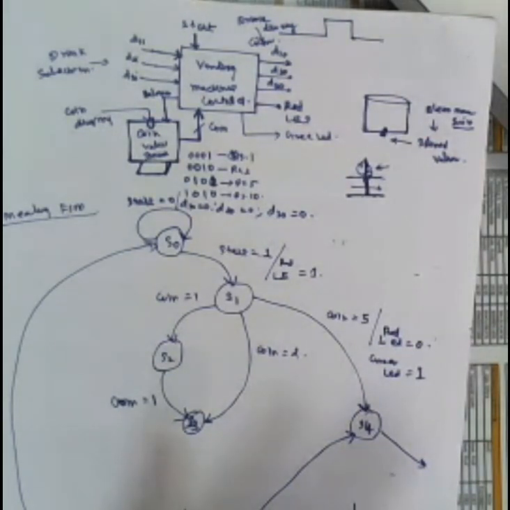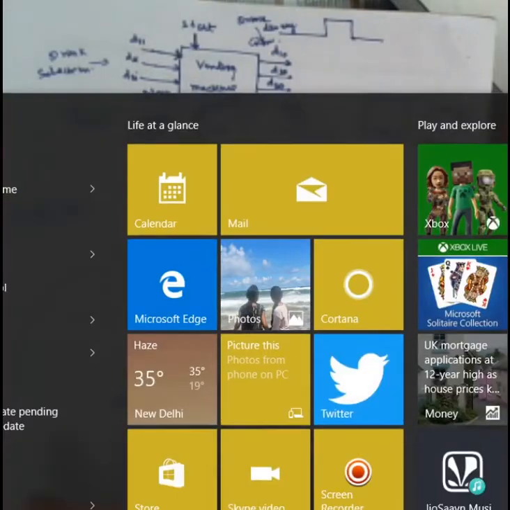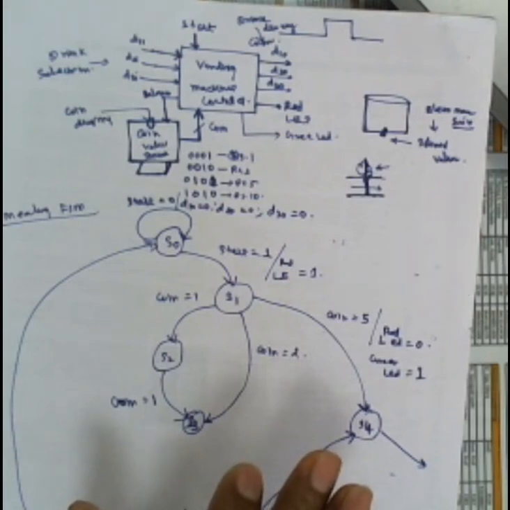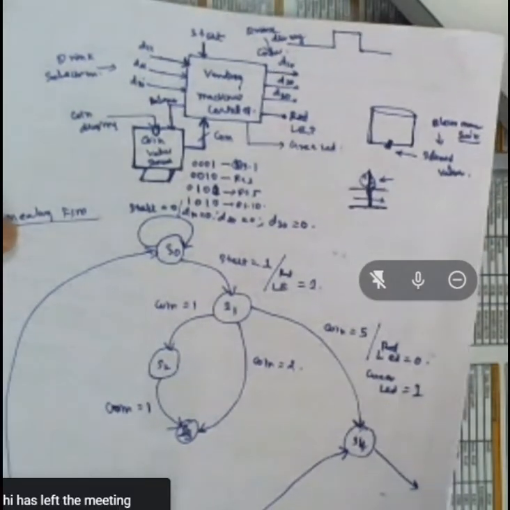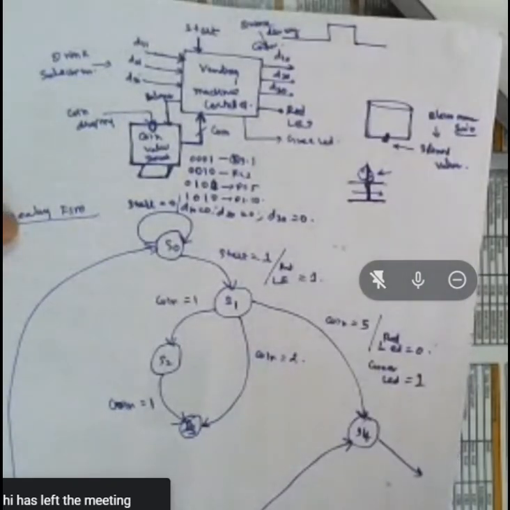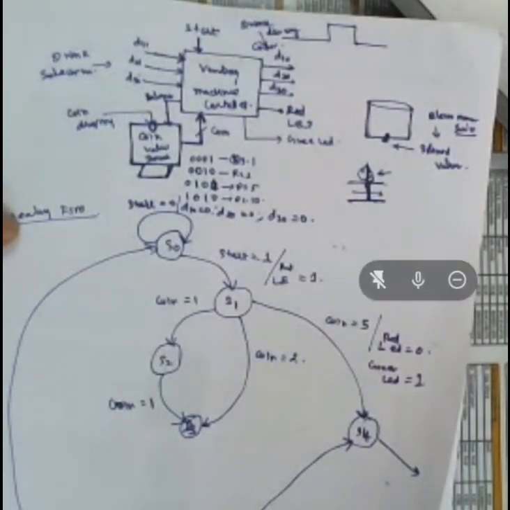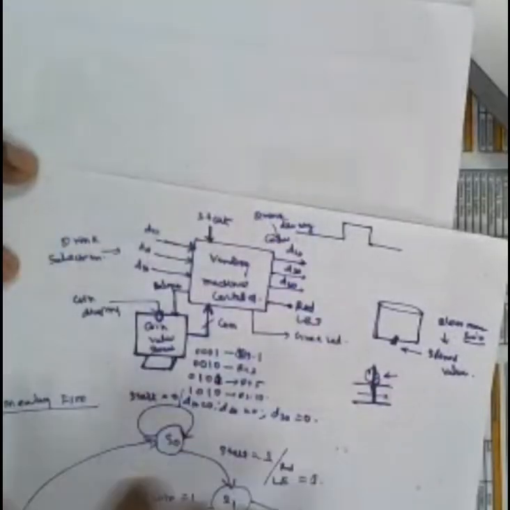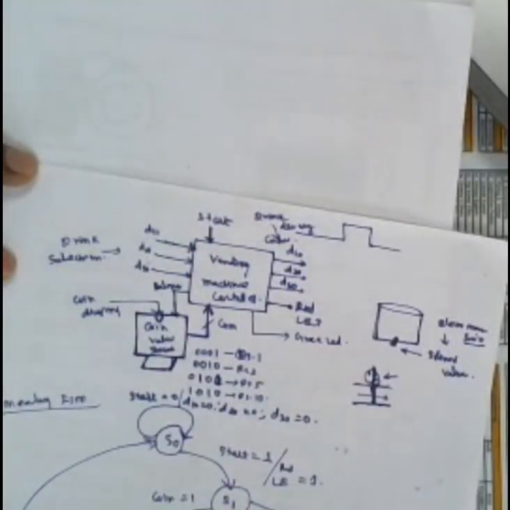So maybe in your tea break or maybe your lunch break, you complete the state diagram and be ready for the afternoon. If no doubt, we can proceed. Any questions on this? How to proceed further? Any doubt? Any questions? All of you there or not? Am I in connection with you all? Yes, sir. Okay, good. Then we proceed into controller. All those things will come as your project also, that I will give you after this module.